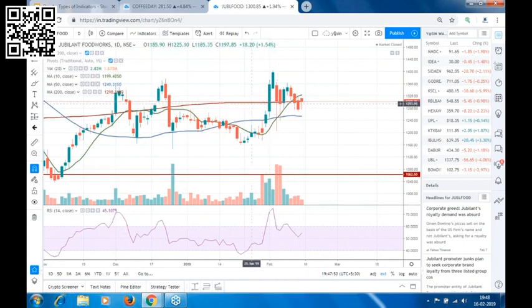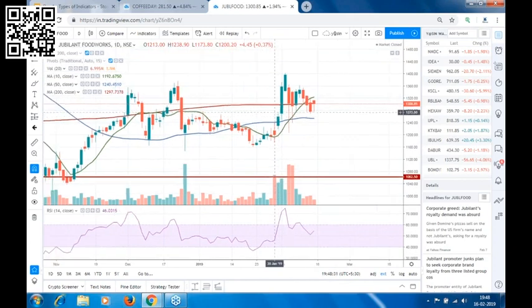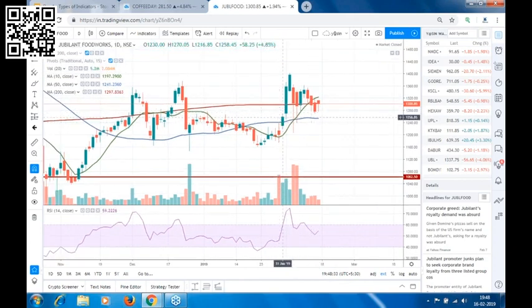No big resistance should be there at the top. So if we take an entry in Jubilant Food about 1270, then our first target should be around this level, say 1290 to 1295. Only a 20 to 25 points target you can play in this stock because there is a 200 period moving average, which is a bigger moving average. So the possibility of it crossing is very less, and though it crossed the level, the momentum was good in the stock, but this also is your trade from support.